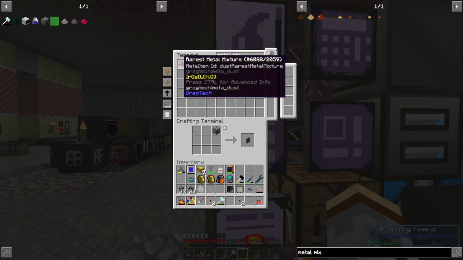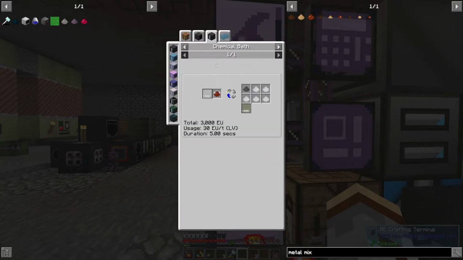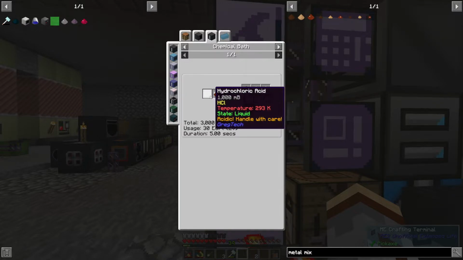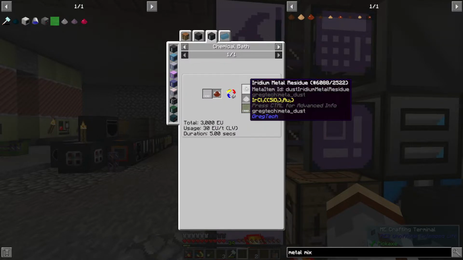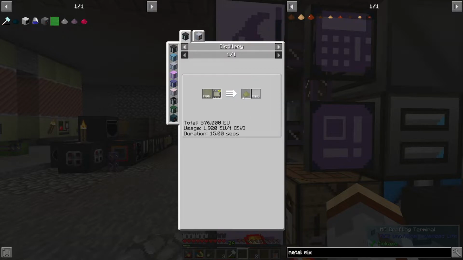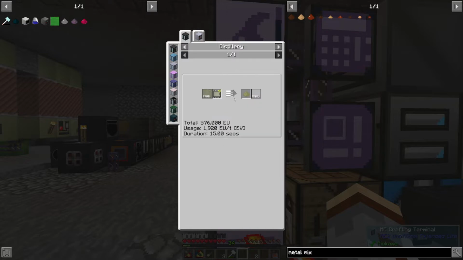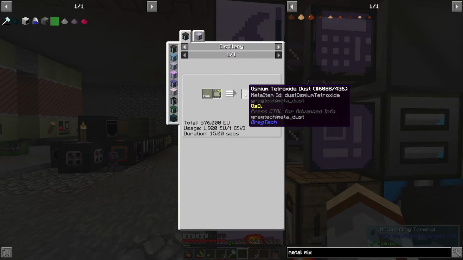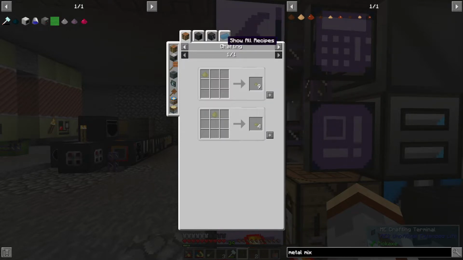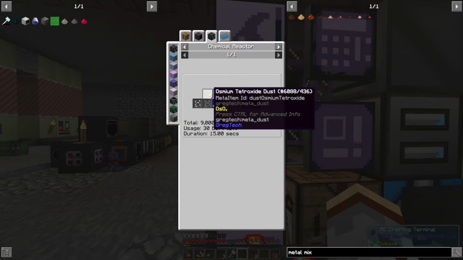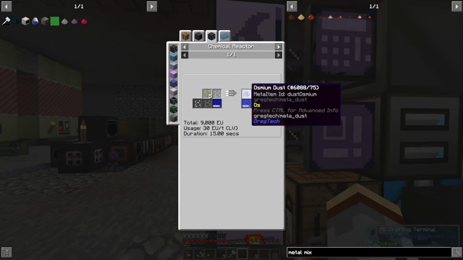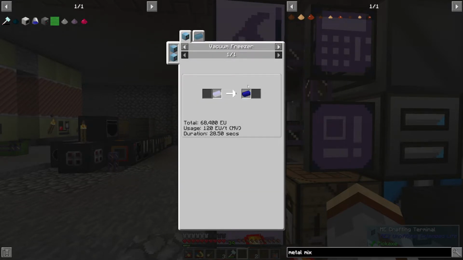So we have the metal mixture here, and that will give us some iridium and osmium there too. For that, we're going to need to bathe it in hydrochloric. We got the residue, we got the solution here, which we can distill into tetroxide, and then hydrogen react it, and we get osmium. So we're going to need osmium anyway because,